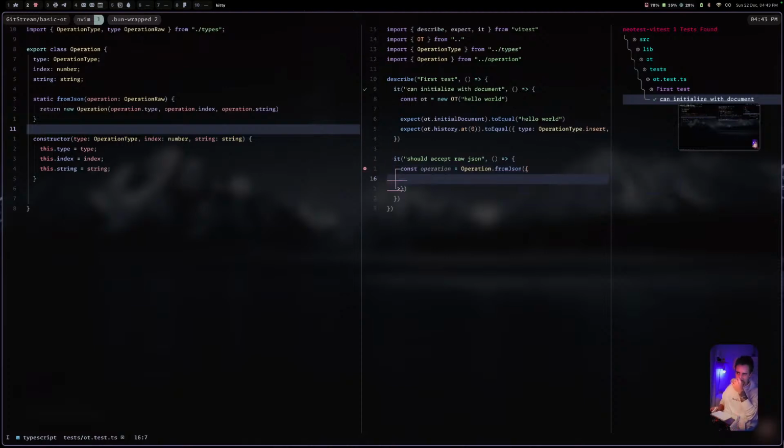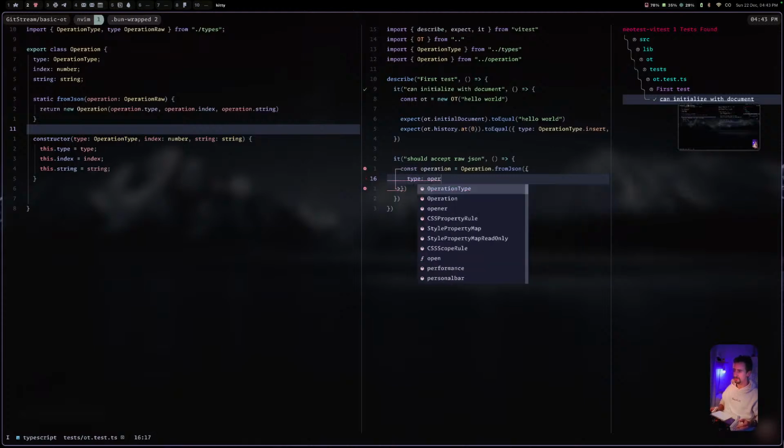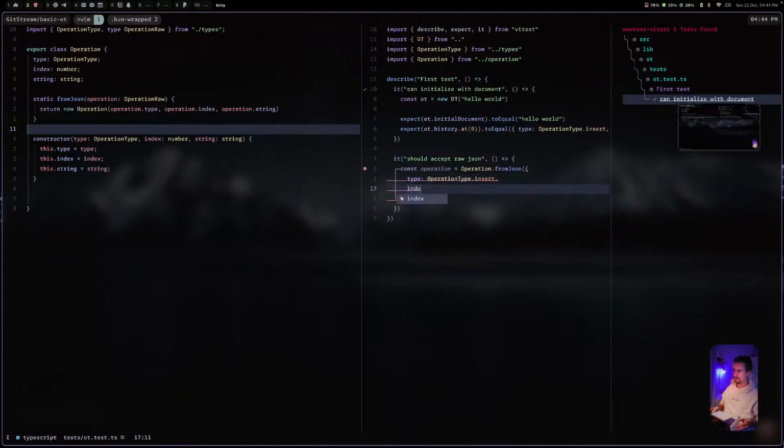And we're assuming that JSON has already been parsed, and it's not just a basic string. Okay, so we will define type as operation type insert. Index can be an arbitrary number, let's say 256. And string will be